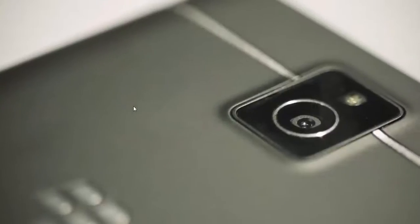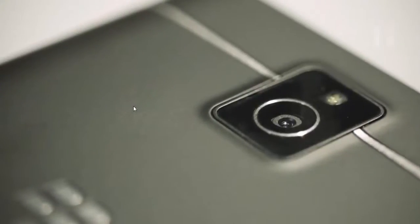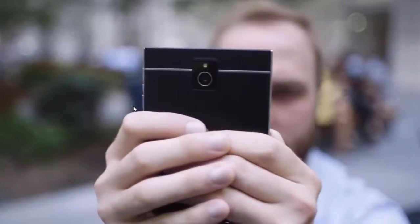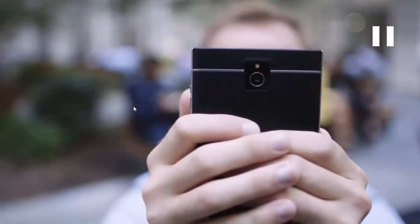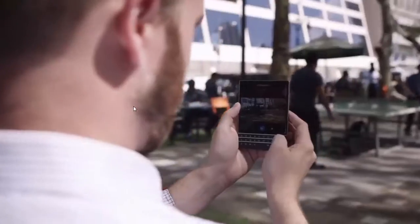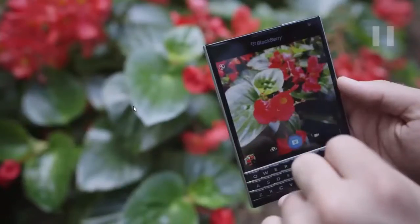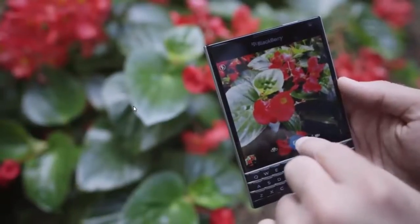The camera's the best camera Blackberry has ever used. That's not really saying much. It's a 13-megapixel unit with flash and autofocus, and it can shoot 1080p video at 30 or 60 frames per second. Image quality is okay, it's not great, but the bigger problem is it's just very slow, and it defaults to the Passport's odd square format, even though you can't share any of those square